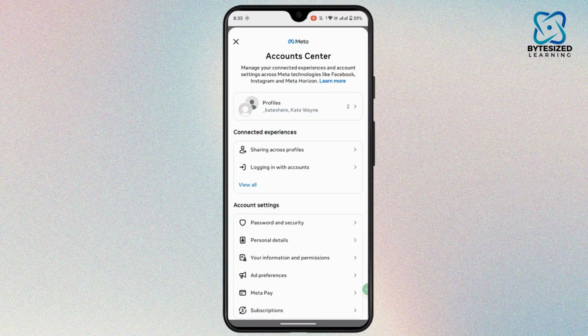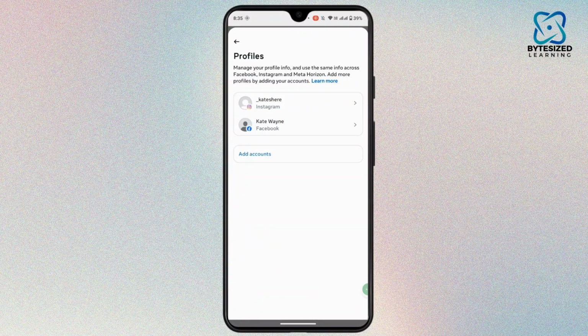Once you're here, now head over to Profile at the top. Once you're here, now you have an option to add account. So tap on Add Account. After you tap on Add Account, you'll have an option to add a Facebook account. So select Facebook account. Here I have already added my Facebook account, so I may not find that option, but